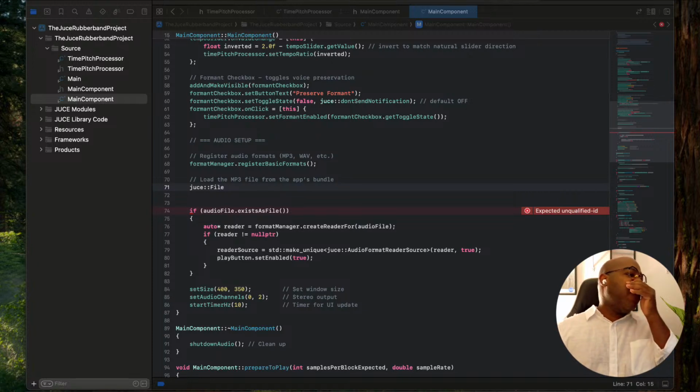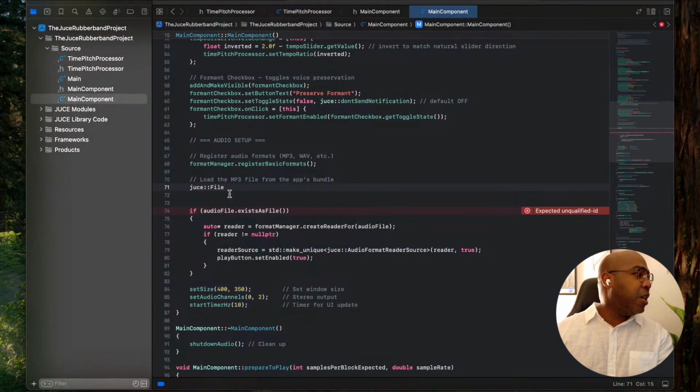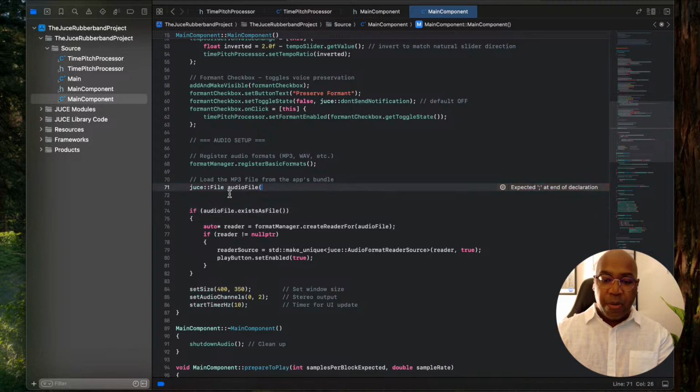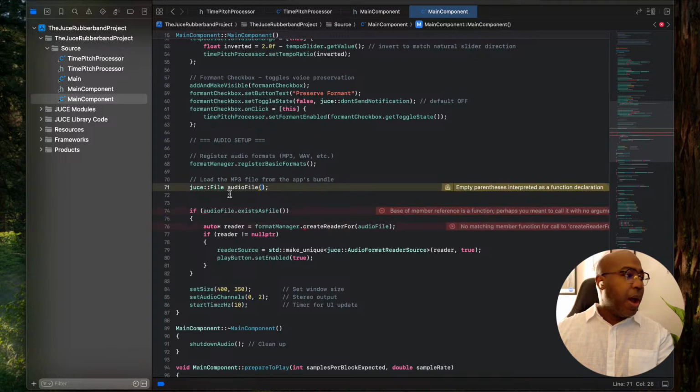All right, so maybe I should have. So it's saying, documentation is just saying do Juce file and then audio file. That's what it's saying. And then from here, we can just pick the direct path. So our direct path, our absolute path for us,